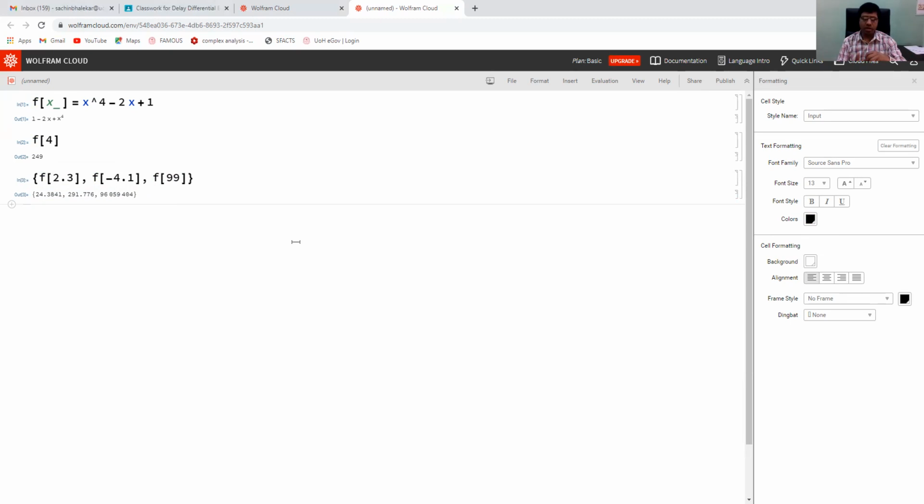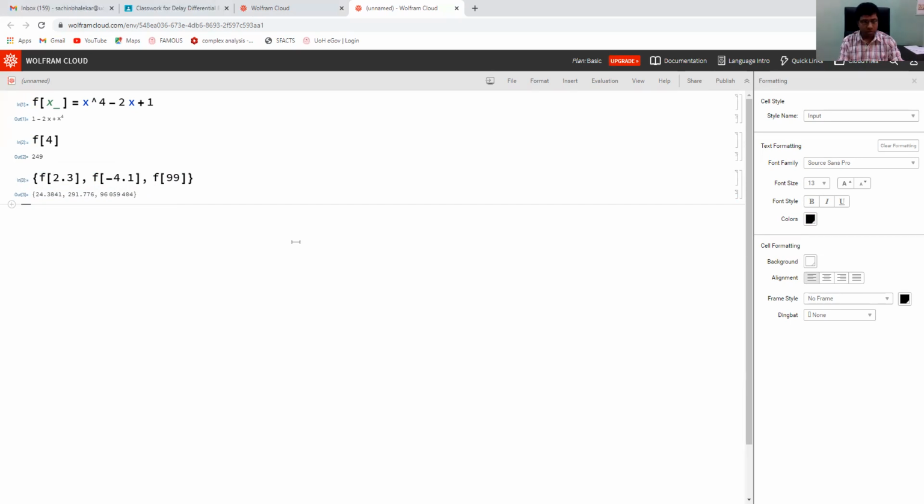Now there are so many inbuilt functions in Mathematica. For example, Mathematica has all the trigonometric functions, exponential functions, and so many special functions. So what is the syntax? How to use trigonometric functions? For example, we want to evaluate sine pi by 2.